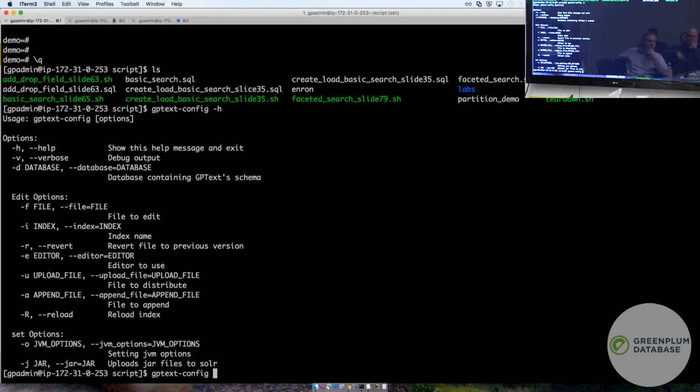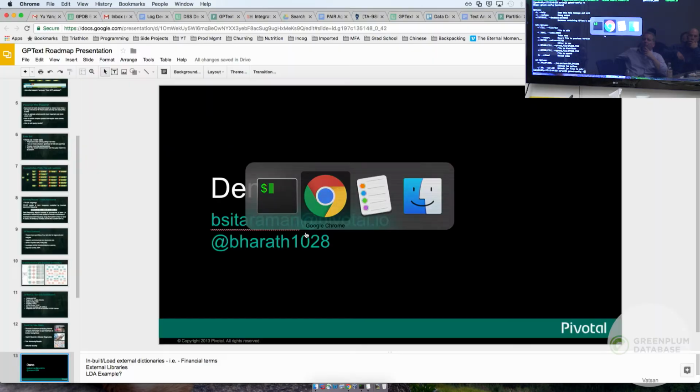What is an analyzer chain? An analyzer chain is the series of steps that are taken by Solr when it's processing a document. As I mentioned, when you're creating the index, you're going through a series of pre-processing steps. So here I can bring up,